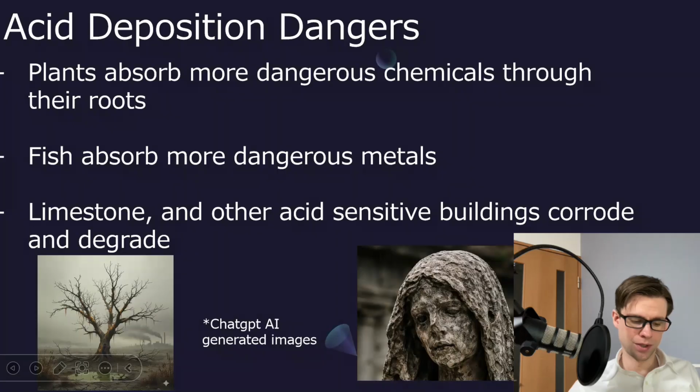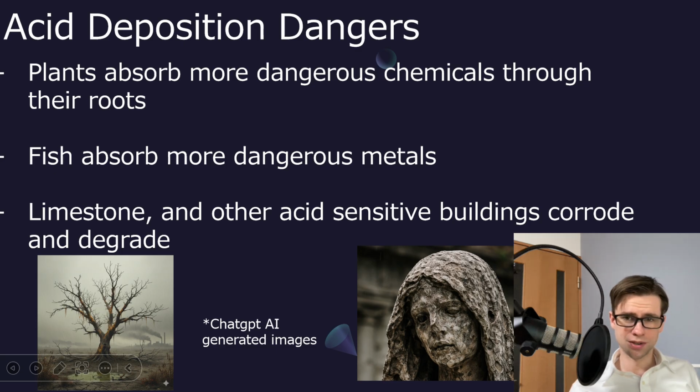Plants will absorb more dangerous chemicals through their roots when acid rain is nearby. The main thing acid rain does is oxidize metals so they become ions, or it can attach to organics that normally would not be soluble in water and make them extra polarized and extra soluble. And then the plants suck up these solutions in their roots and gain a lot of toxic things in their branches and leaves and all the structures, and usually end up dying.